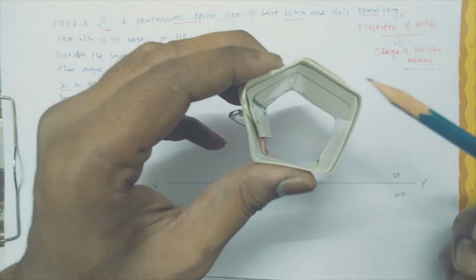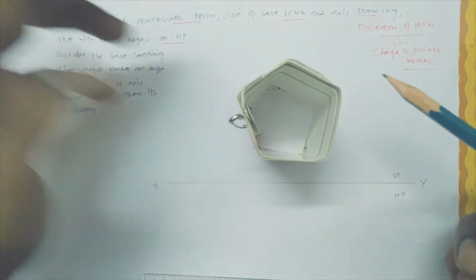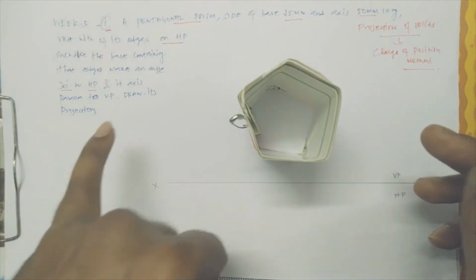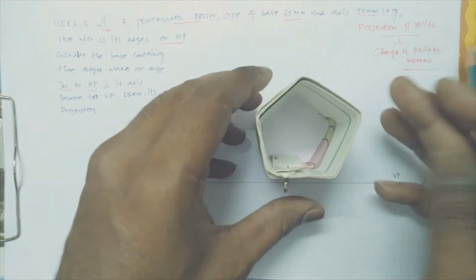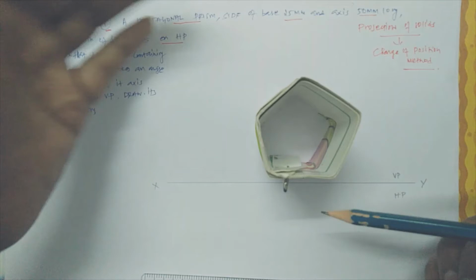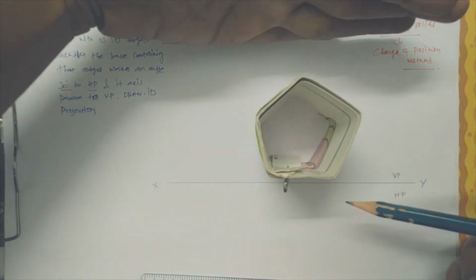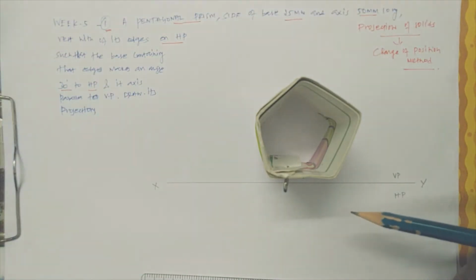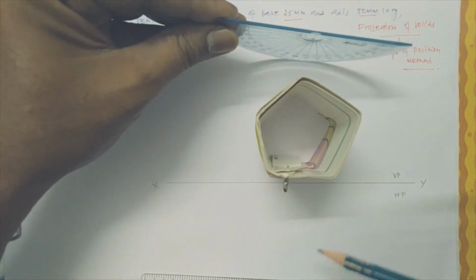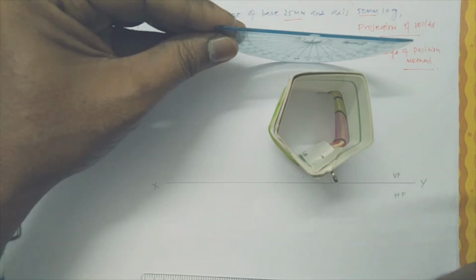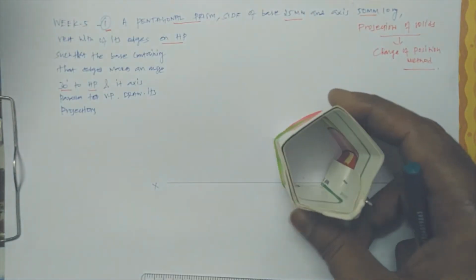So this pentagon, what they are saying, normally is parallel to VP. That means when you are looking from here, it is parallel to VP. If the VP is like this, and the vertical is like this, then it is parallel. Imagine it is in the first quadrant. When you are looking from this side, it is parallel to VP. But again, what they are specifying,